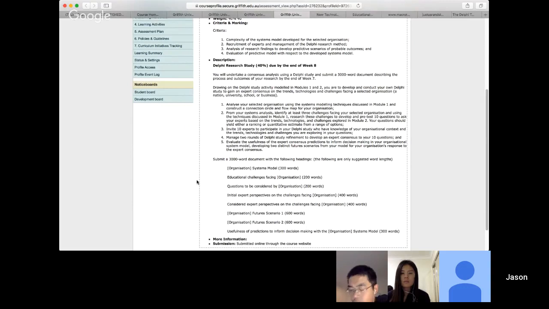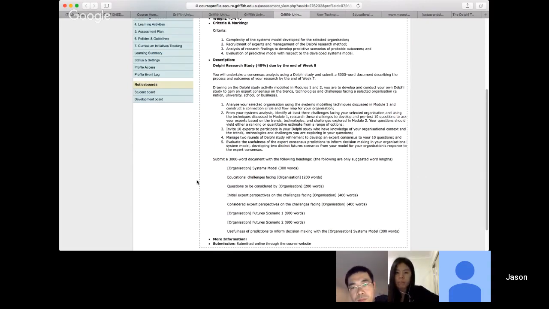So as long as you've got 10 people that can participate and fill in a survey, you'll have them complete 2 rounds of that survey, and the idea is to have them build a consensus on where they think education is going in terms of technology. There'll be a number of other aspects in there that we're going to go through over the next few weeks.